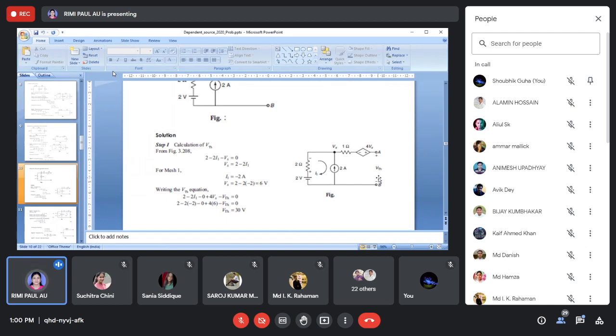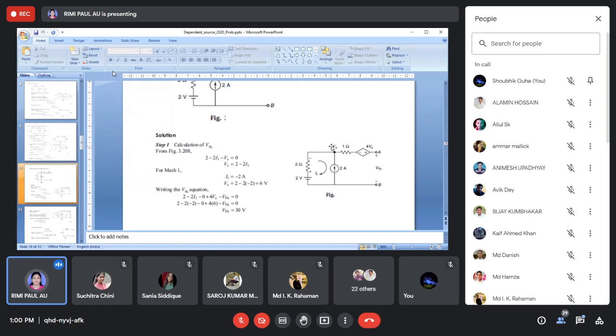Now what is the Vx? Vx is equal to, they have got 6 volt, because here Vx is equal to 2 minus 2i1. Now what is I1? I1 is this 2 ampere, because 2 ampere is flowing through this path. There is an open loop, so this 2 ampere will not flow through this path. It will flow through this path, but as we have taken I1 in the clockwise direction and the 2 ampere is in the anti-clockwise direction, it is minus 2. So put the value of I1 here, and you will get the Vx.